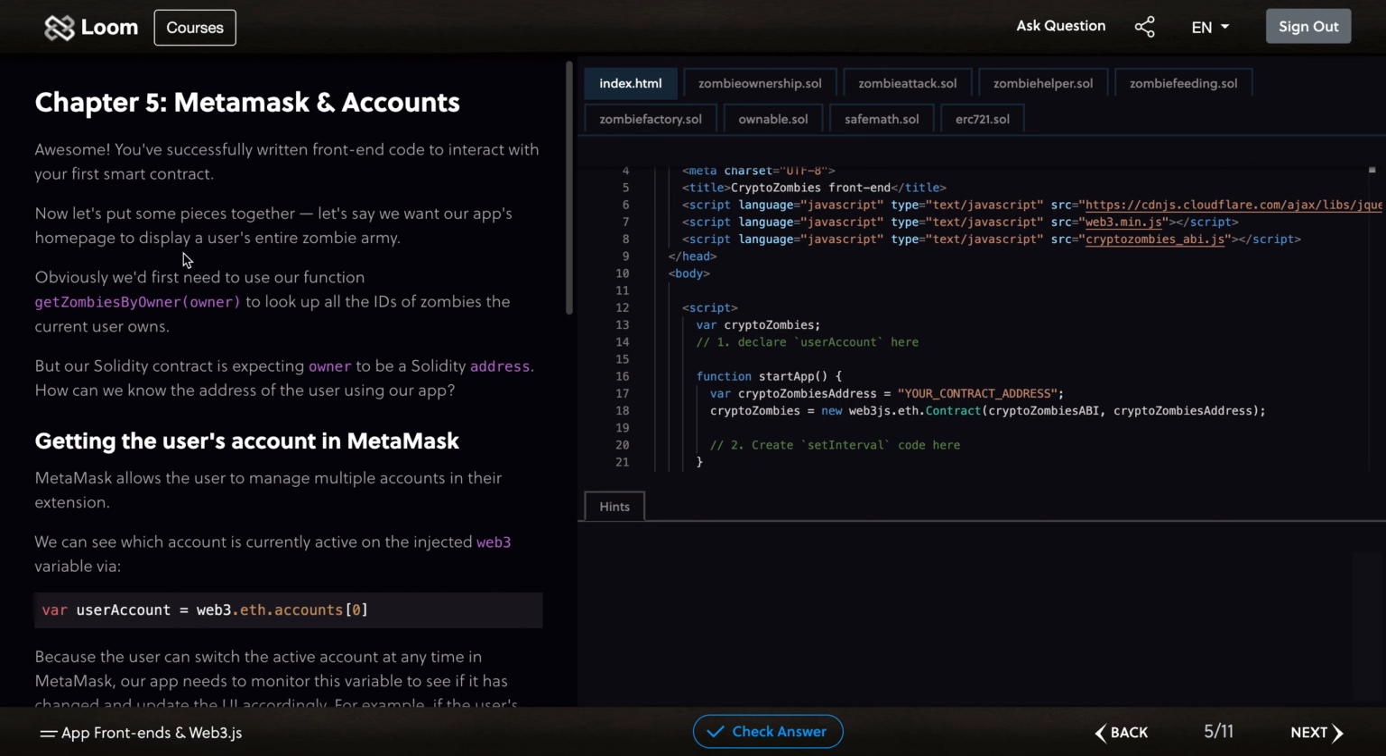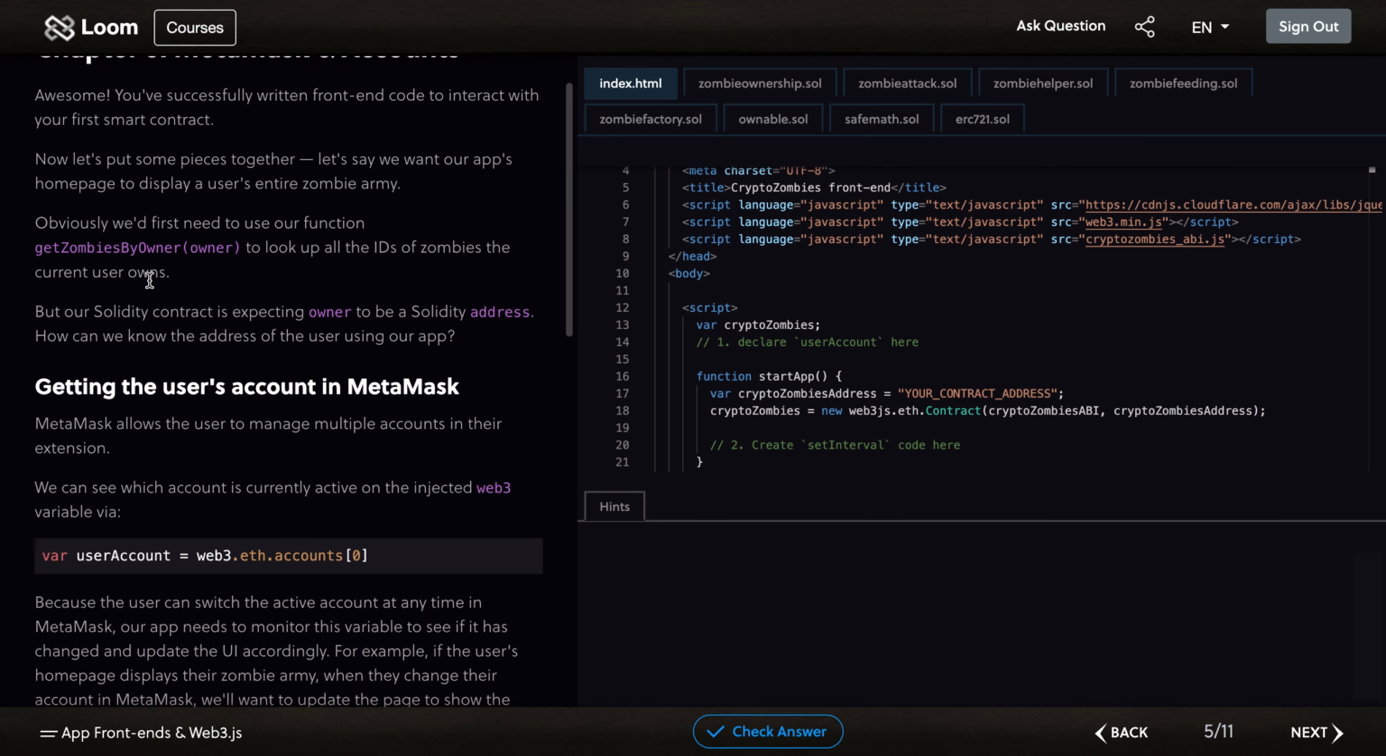In chapter 5, we are talking about MetaMask and the account, and you successfully wrote the front end code to interact with the smart contract. And let's put some pieces together. And first, we need to use our function get